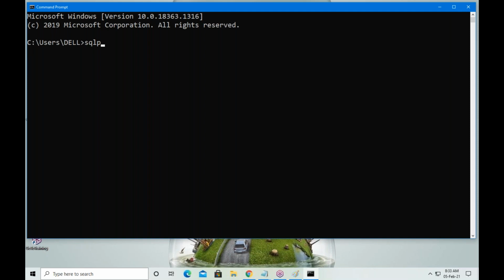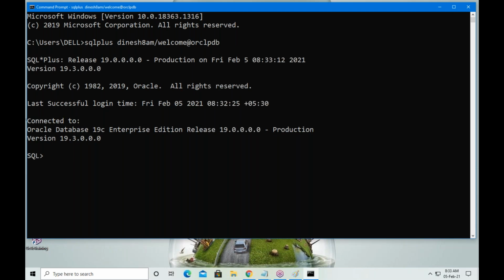Here, SQL Plus, space, give your username and password, database name also. Completed. You have directly connected to the database in a single step. No need to use multiple steps.